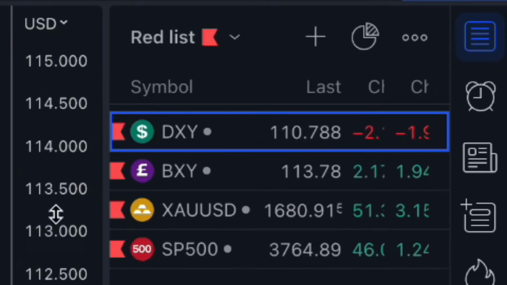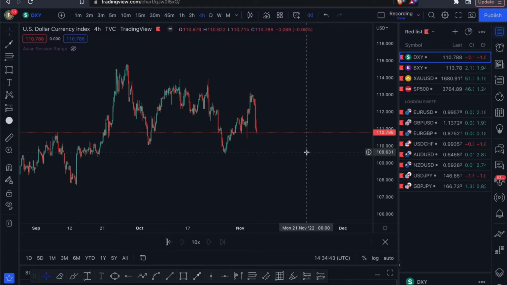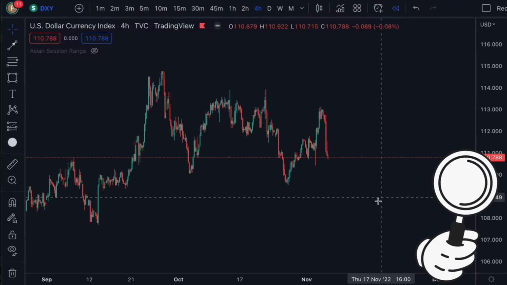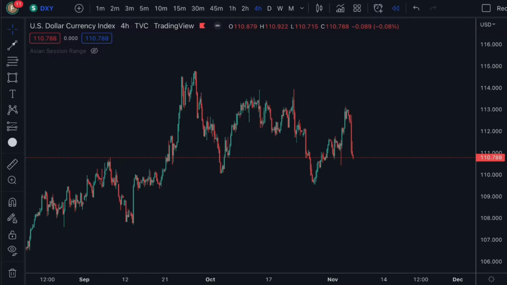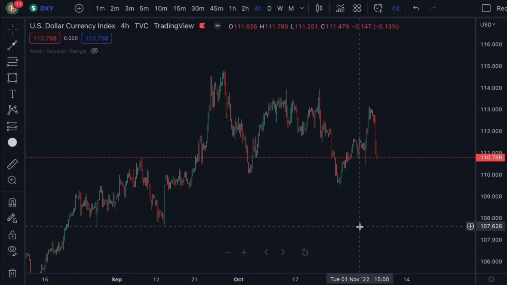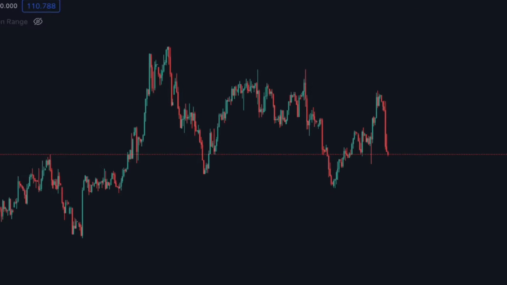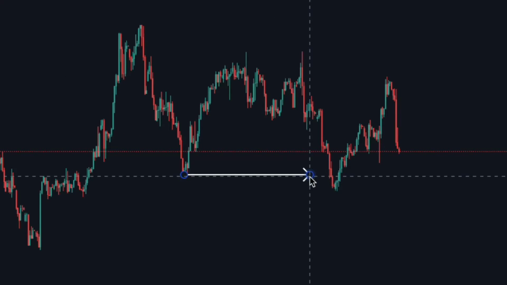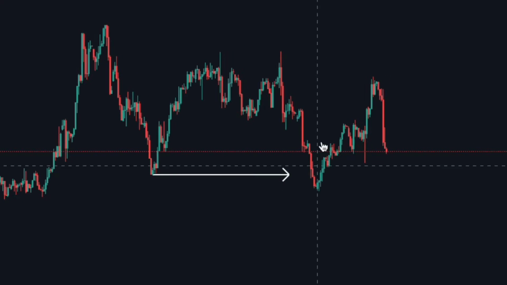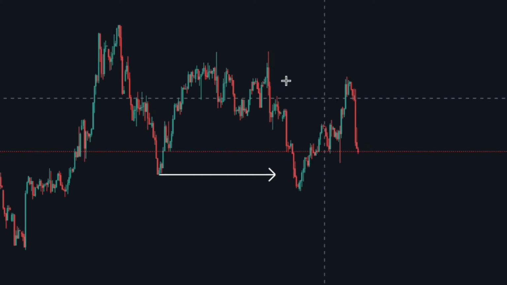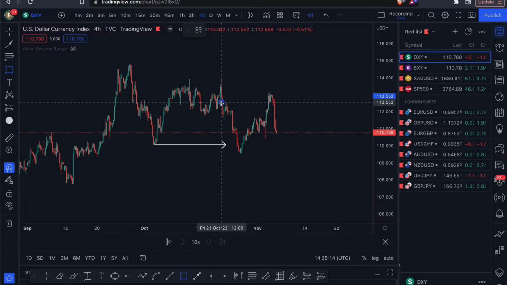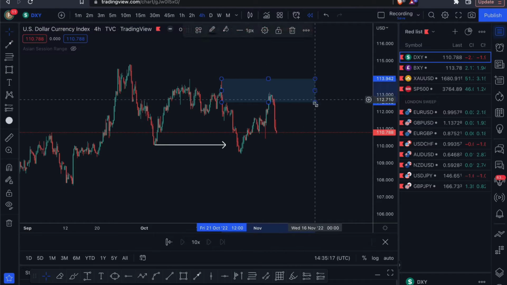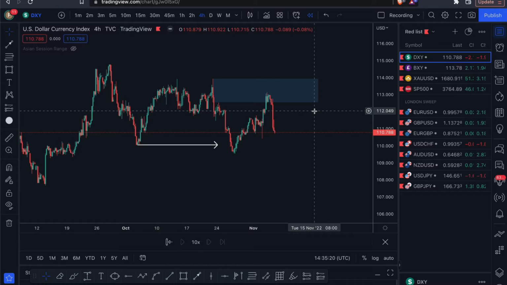So let's start off with the DXY. When it comes to using the DXY, essentially we're going to analyze it like a normal currency pair. So as we can see in this example, I'm going to start off by analyzing what I can see on the 4-hour time frame. Very quickly, without going into too much detail, I'm just going to highlight that we have this breaker structure here, and from this point onwards we will be looking for price to return to an order block in order for us to look for potential sells, because we can see price is clearly breaking down. At this point here, we would have marked out this 4-hour supply zone,